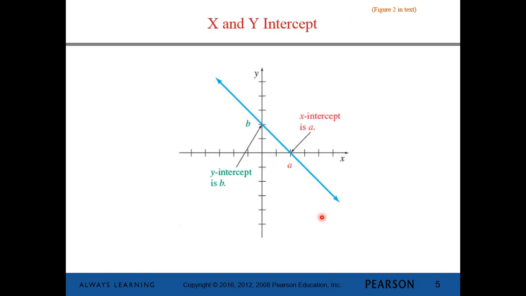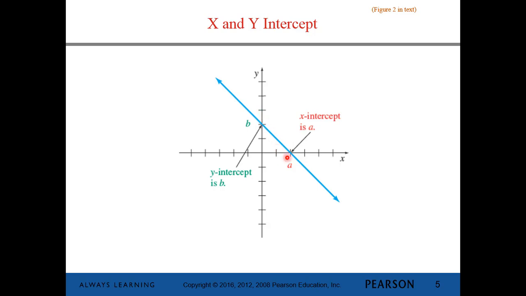Now, intercepts. The x and y intercepts are two special points depending on a line. So if you look at this line, the line here crosses the x-axis and the y-axis at 2 points. It crosses the y-axis at point B, so the y-intercept is B. A is the x-intercept. Typically, we can describe the x or y-intercept as a number, or some people prefer to write it as a point, because the x-intercept is the point where the line crosses the